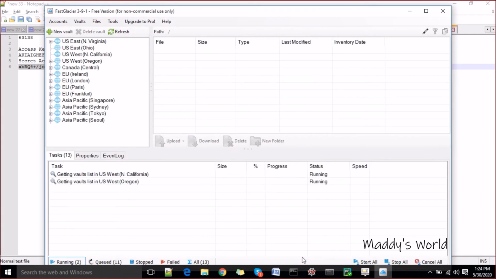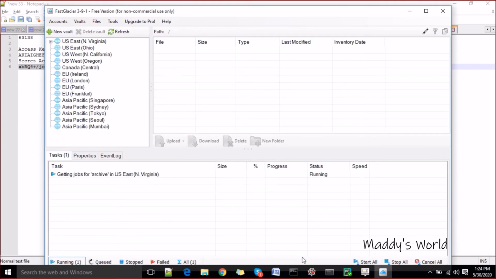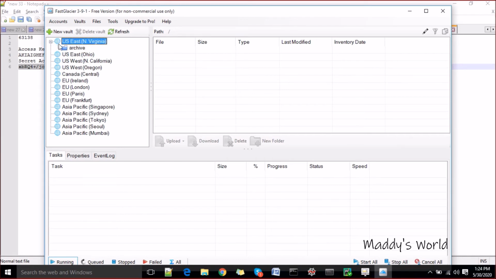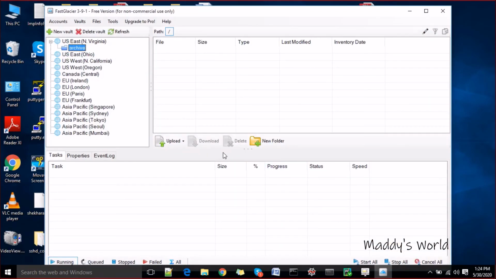So you can see now this has successfully navigated you to your AWS account. Now you can see all the available regions here. Just select the region you are looking for, and you can see in North Virginia you have one directory available here, right? You can upload your file, you can add new folders, you can download anything you want. You can even drag and drop the files here. Let's say I'm going to drag and drop one file here itself. Come on, it's taking time, so I will upload it.